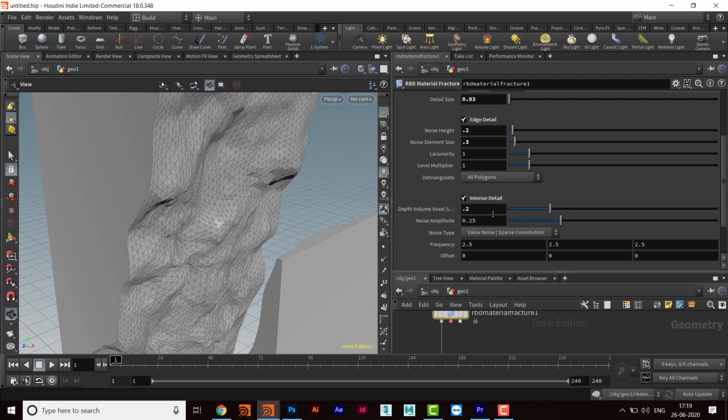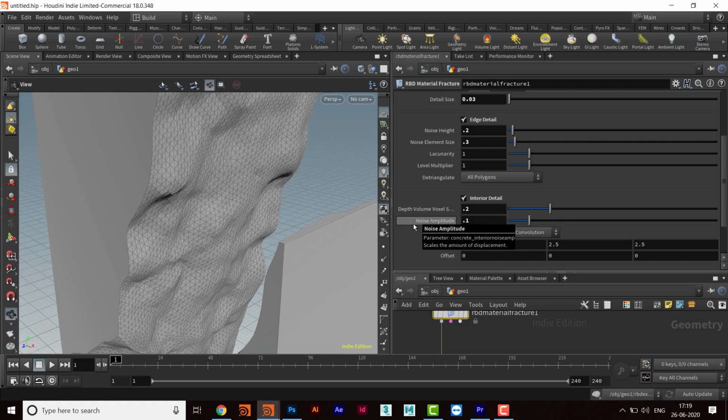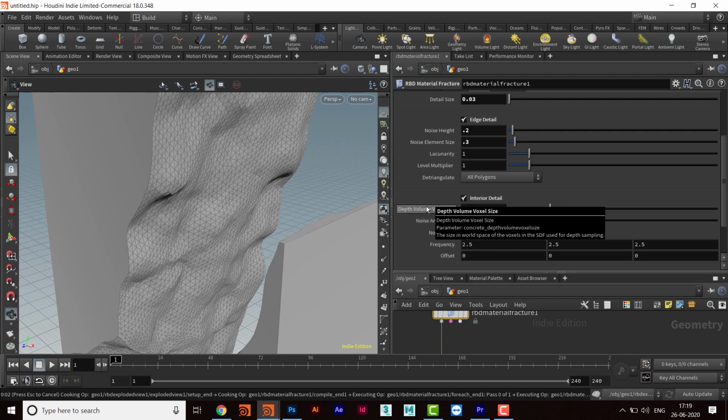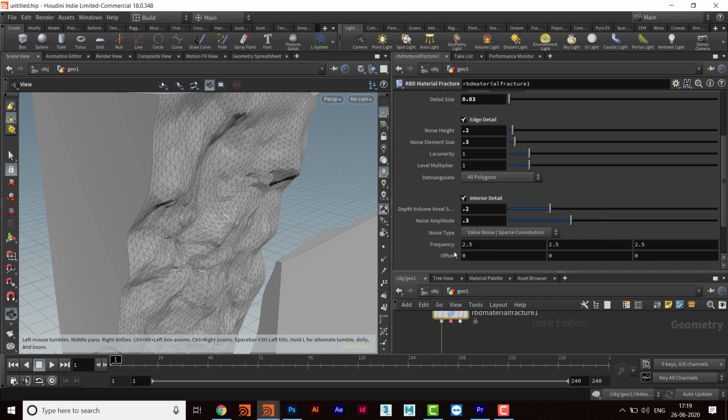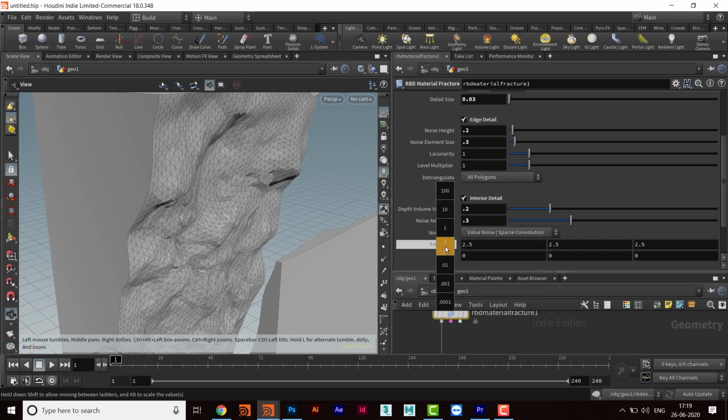That is, what if I do it 0.2, then there'll be more depth here, and then we can change the amplitude of the noise, that is 0.1. Okay, or maybe 0.3. Okay, and then we can increase or decrease the frequency. We can also change the noise type, but we'll keep it like that, and then we can change the frequency also.